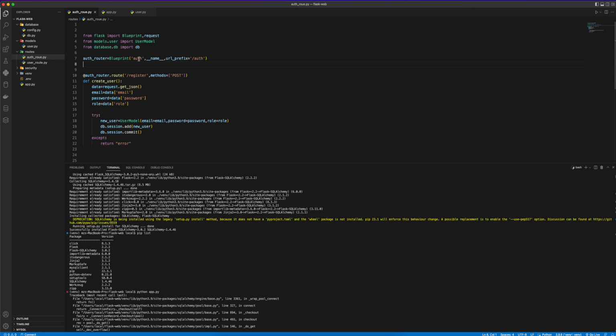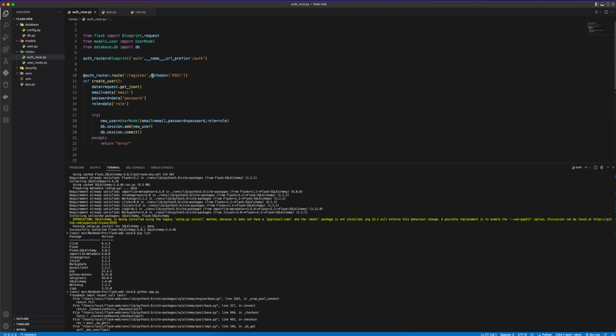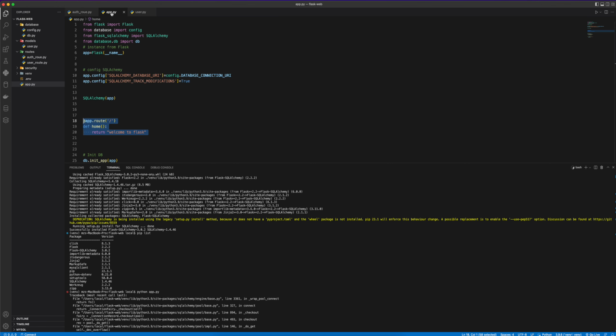It's important when we create this file, maybe more endpoints are coming here, to modify or register this command line in app.py. To do that, we need to